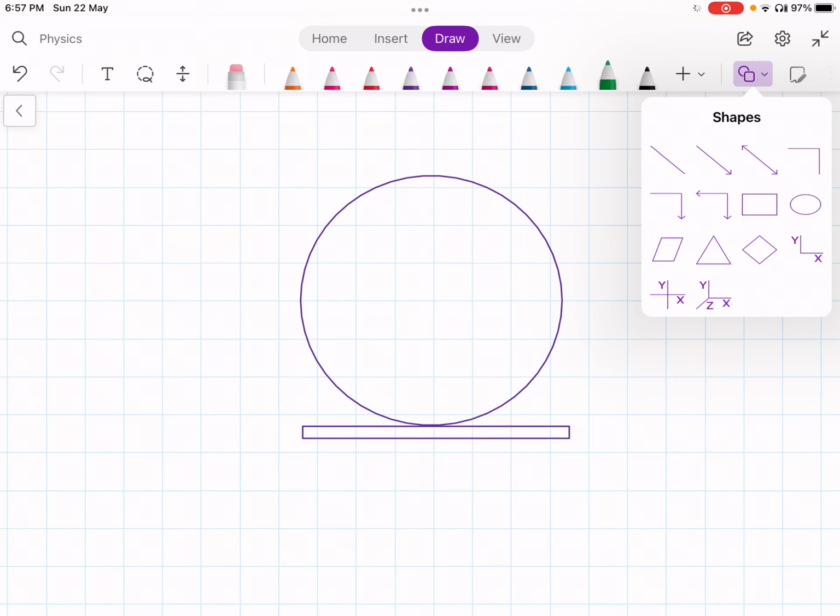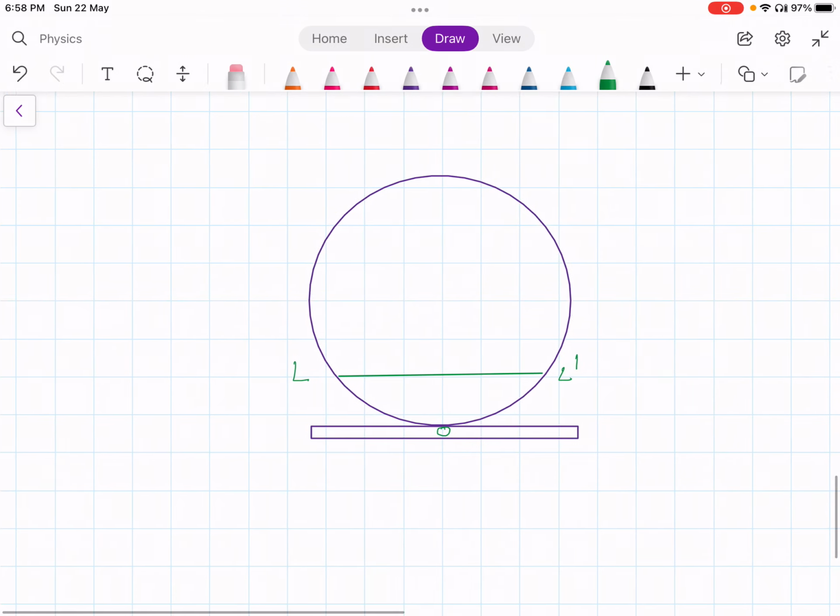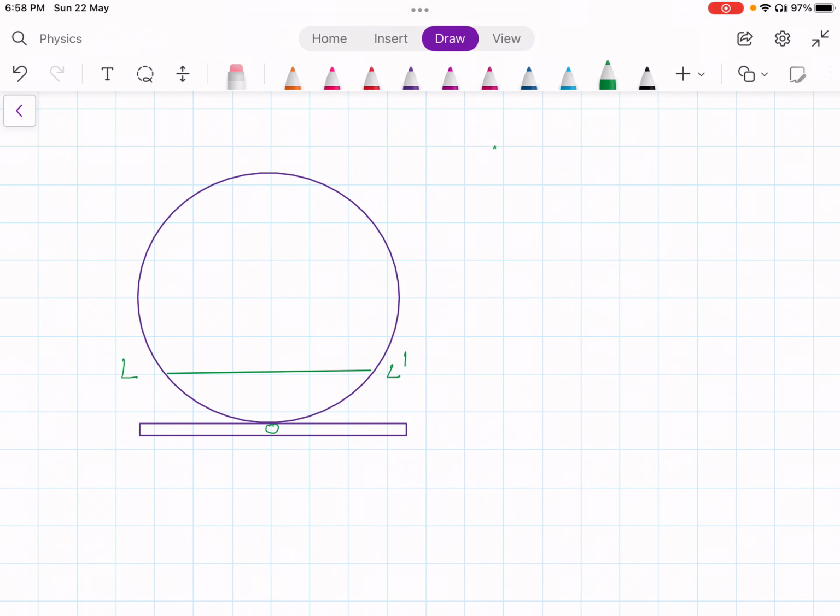What is the lens actually? This lens would be a part of this circle. This is my lens over here. This is point L, this is O, and this is L prime. So in this diagram, LOL prime is the lens, which is part of the circle